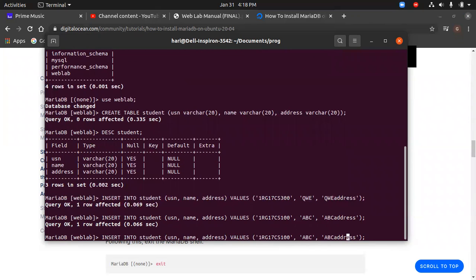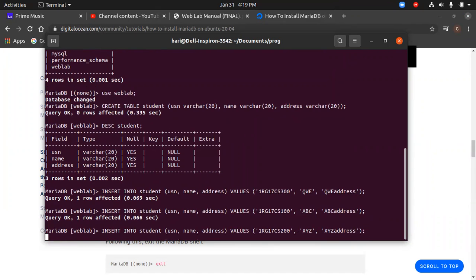The same thing happened. I'm going to change this again to 200, and here I'm going to make it XYZ, XYZ address, and then I press enter.